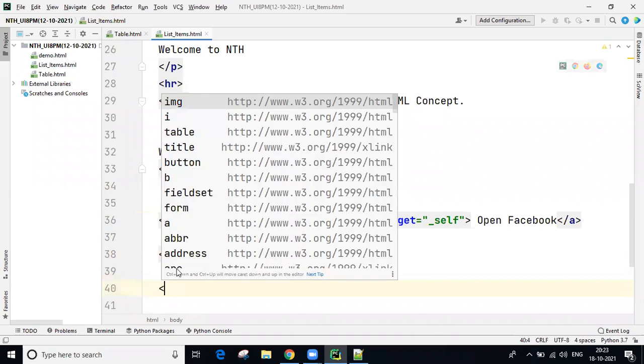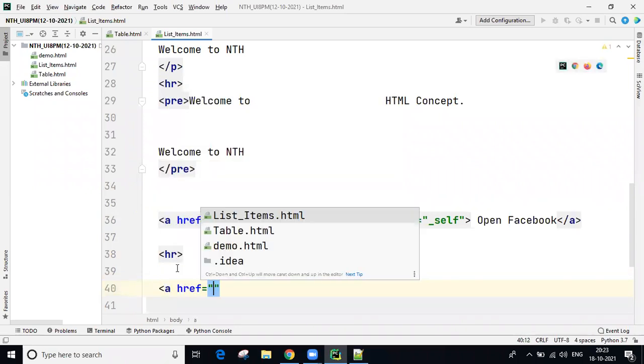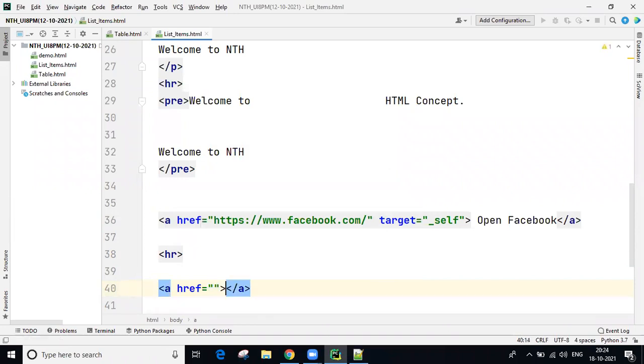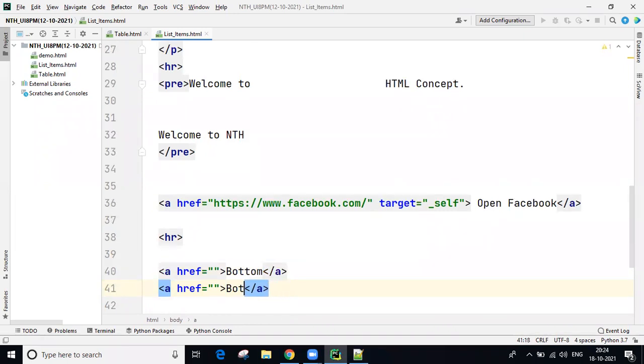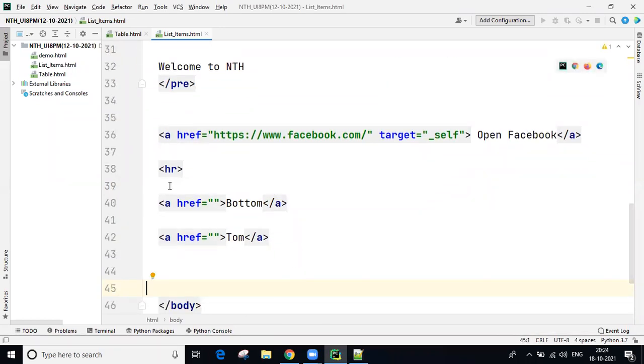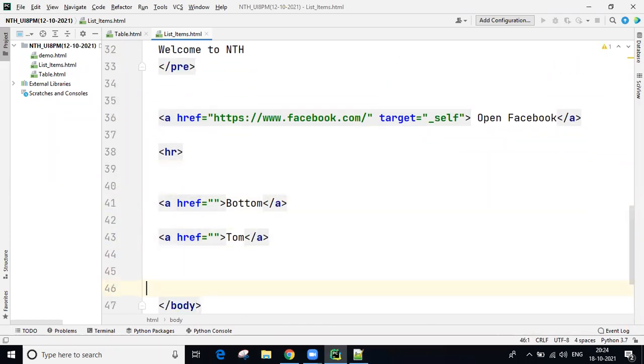Anchor elements, href. For example, I'm going to take bottom, and next I'm going to take top. These two are my links, so focus on these things. Here we can give some value.